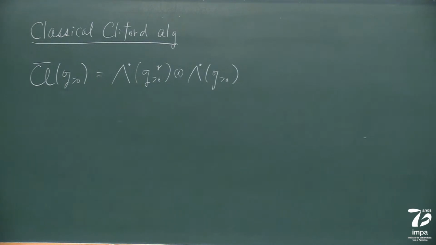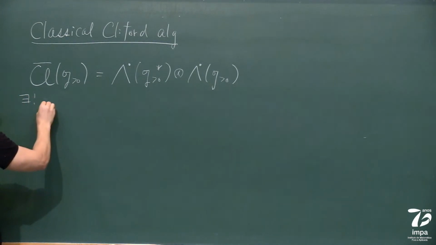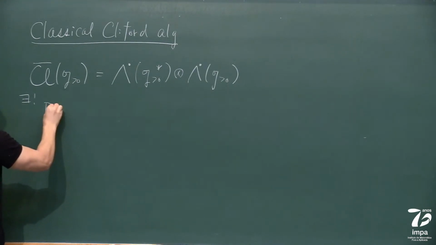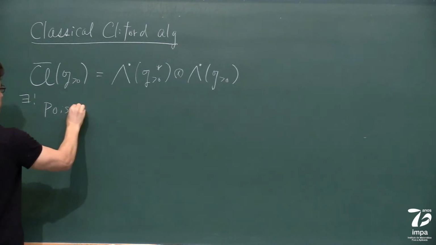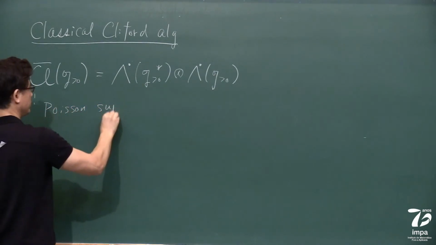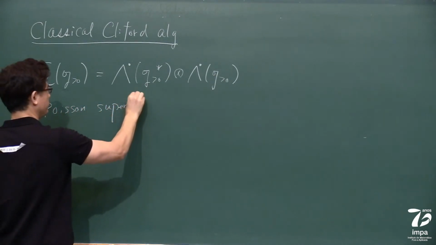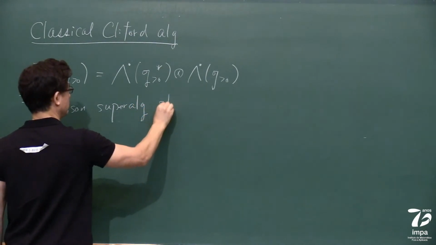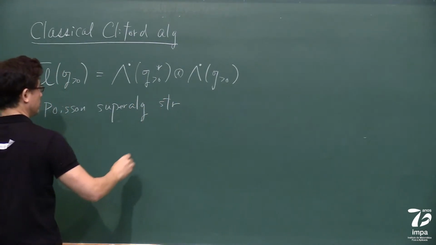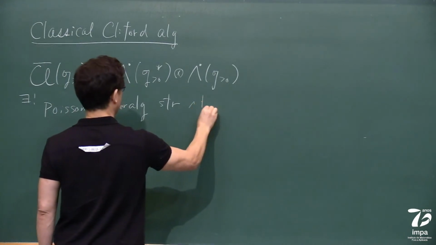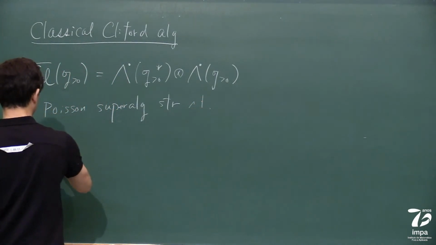And then there exists a unique Poisson superalgebra structure such that we have a natural embedding